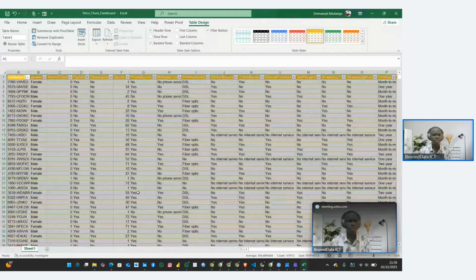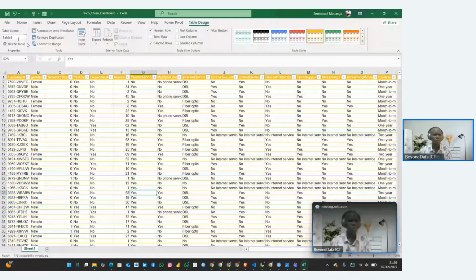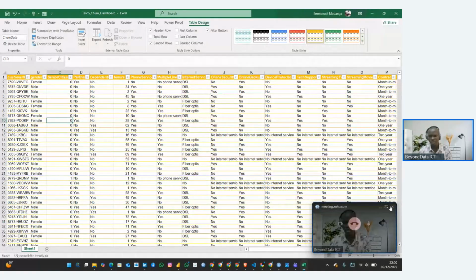So this table is called Table3, so we'll rename it to be called churn data. So that is the name of our table. That's the first step that you perform. And then once you have this, let's go